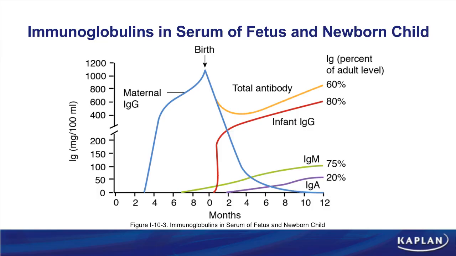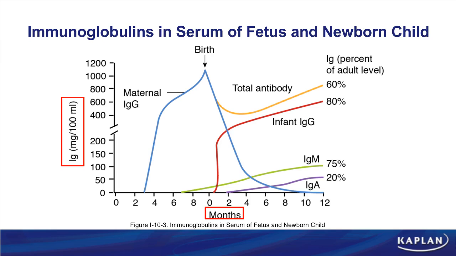All right, this is probably one of my favorite all-time graphs in the book. Yes, that's a little sad, I get it, but bear with me here, okay? Because this one simple graph explains really a lot of cool things, okay? So we're looking at the titer of immunoglobulins, or the concentration of antibodies over time in a fetus, which of